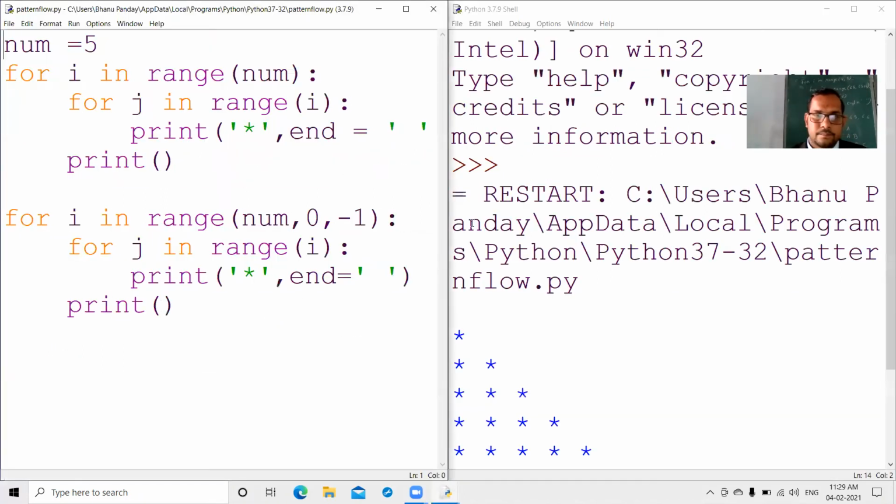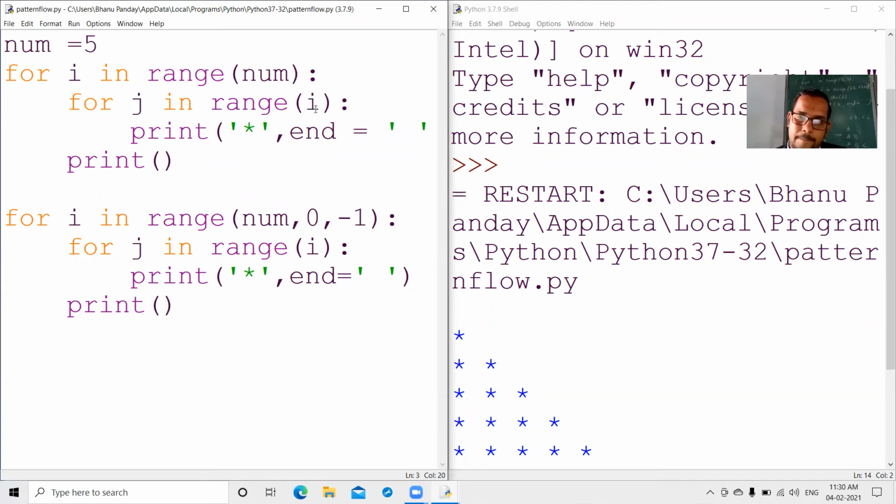Look at this code. num equals 5, for i in range num. So the value of num is 5. It starts from 0 index. For j in range 0, will it execute for 0 or not?